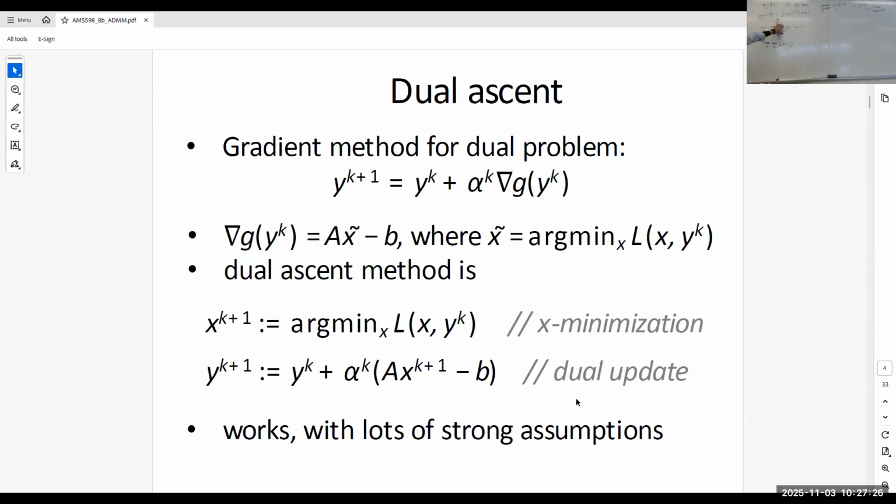We want to have this maximization done first. So if you want to have this maximization done first, then the gradient of L(x, y) with respect to y, because this is maximization with respect to y, has to be set equal to 0. In this Lagrangian, the gradient with respect to y is Ax minus b. So this is equivalent to saying Ax minus b equals 0. This condition is the so-called primal